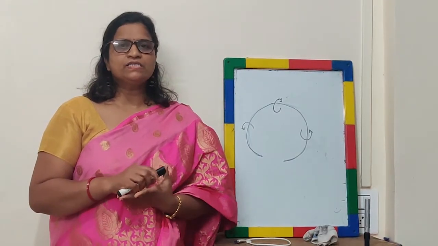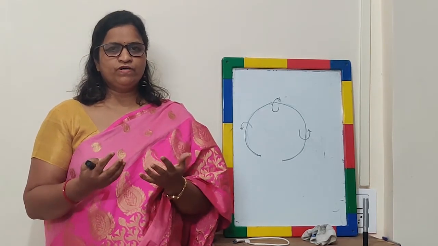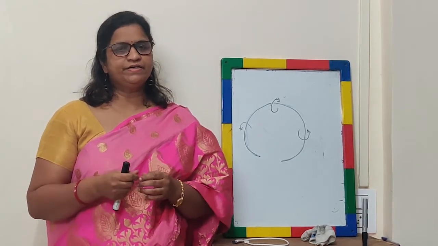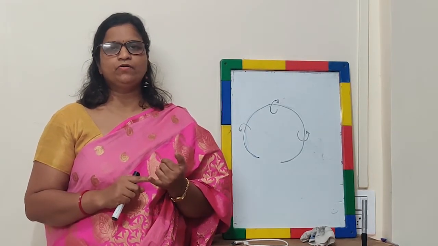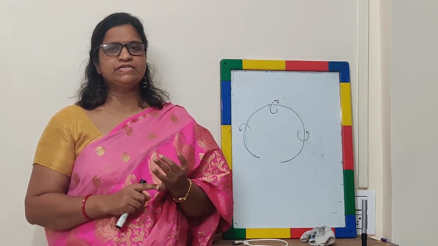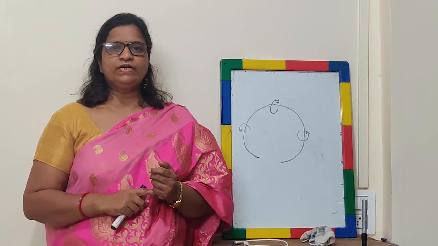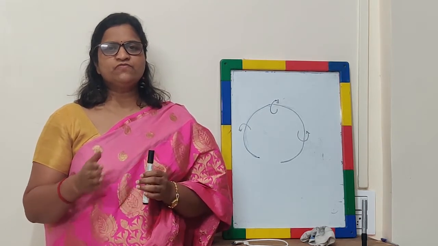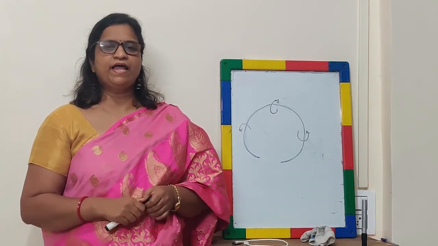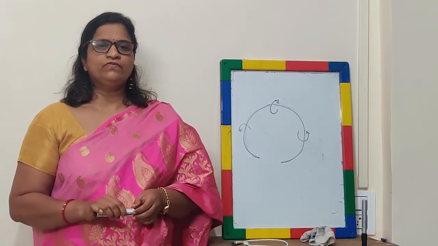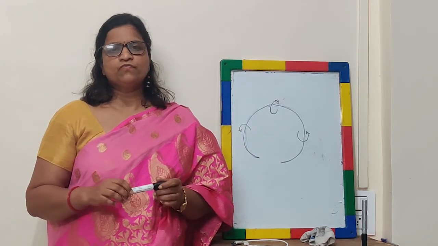Okay, so as in the previous activity we discussed the magnetic field lines around a straight conductor, the strength of magnetic force depends on the amount of current, its direction depends on the direction of current, and the strength of magnetic field depends on the distance from the conductor. Now, in a simple way, we can find the direction of electric current. For that we are going to see the right hand thumb rule. So what is this rule?